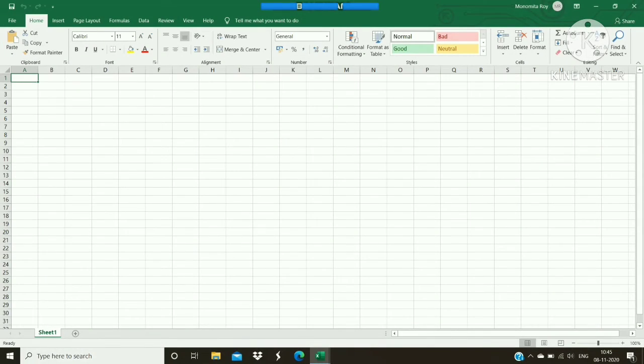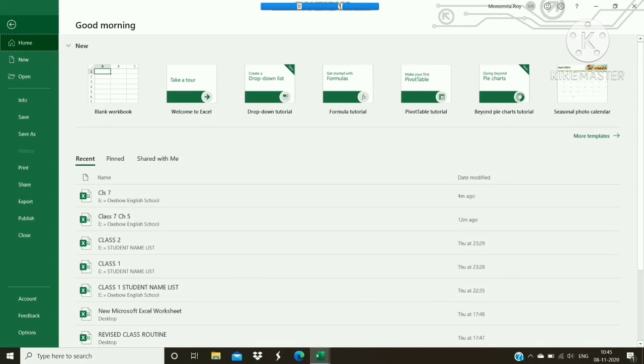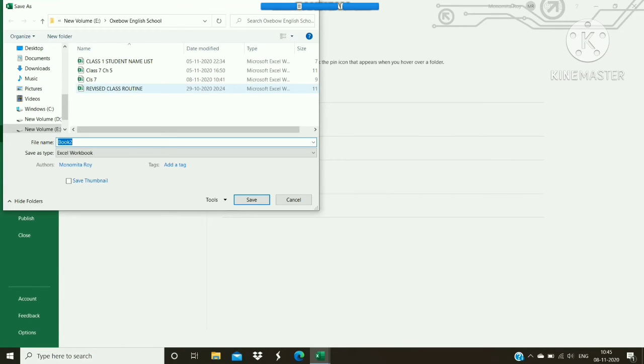Now it is important to save your workbook on the hard disk. In this way it can be opened again at any time and edited, printed, etc. So you should follow the given steps to save it. Once you click on the File tab, now click on the Save As option. A dialog box will open in front of you. From the dialog box you can select the location where you want to save the file. Now you need to assign the name of the file in the file name text box. After that, you need to click on the Save button to save your file.